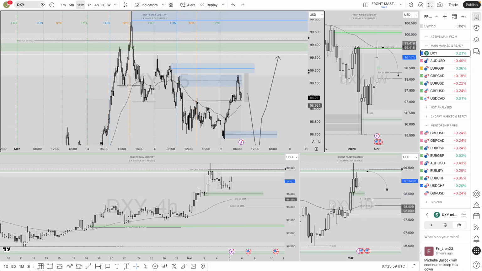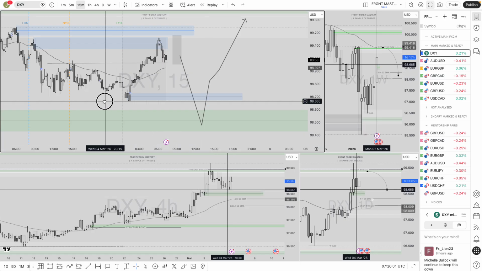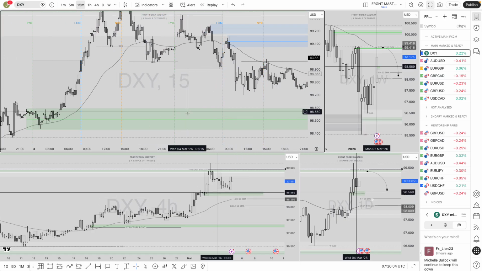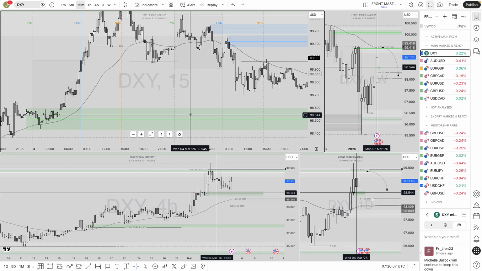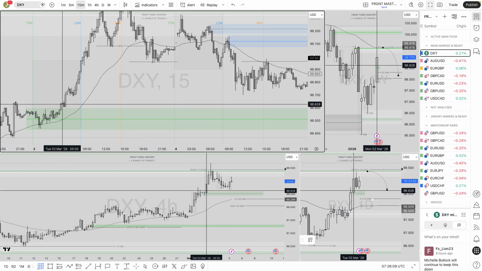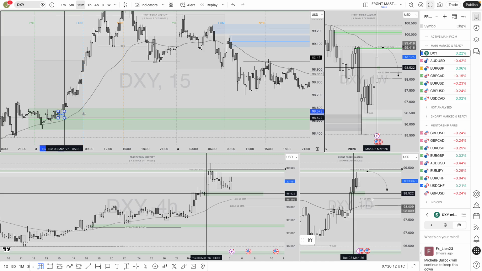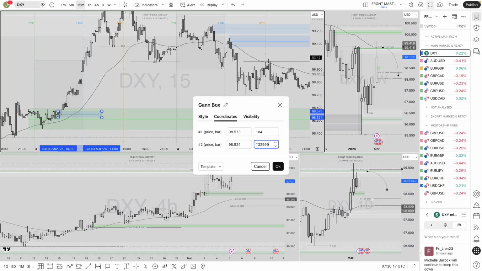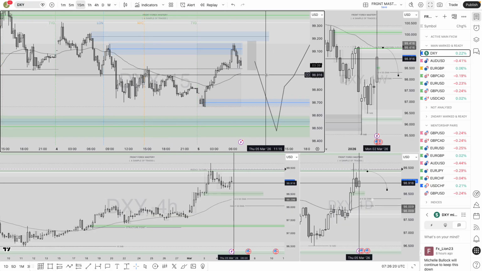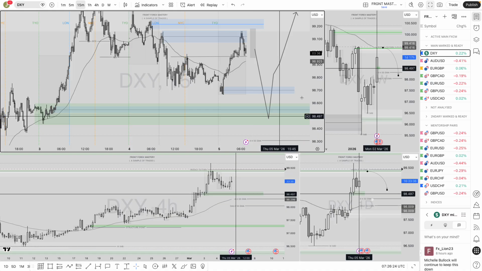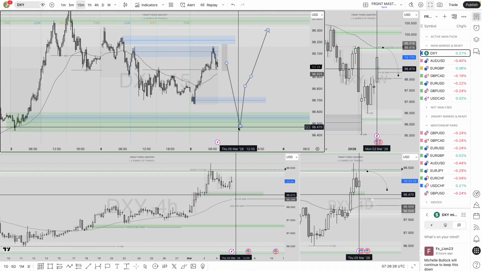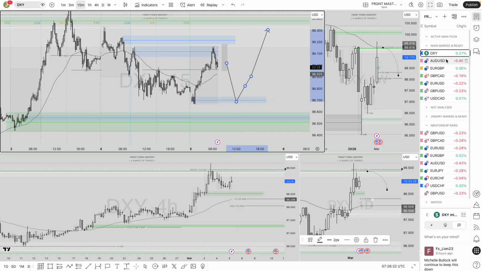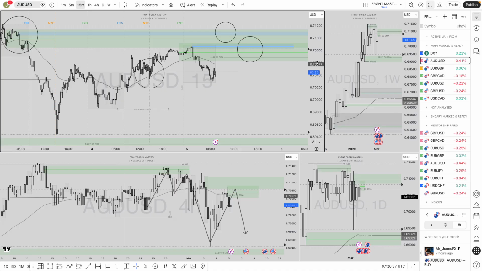Just to put the cherry on top of the cake, is there a 15-minute order block within this area? Let's have a look to see. Down at lows, nothing. So it's just an order block right there. So as you can see, two clear areas on the DXY as well. So when you've got two clear areas, much of what I've just said, confirmation would be required. Nevertheless, it makes sense. So AUD USD, very much so in favor of short positions.